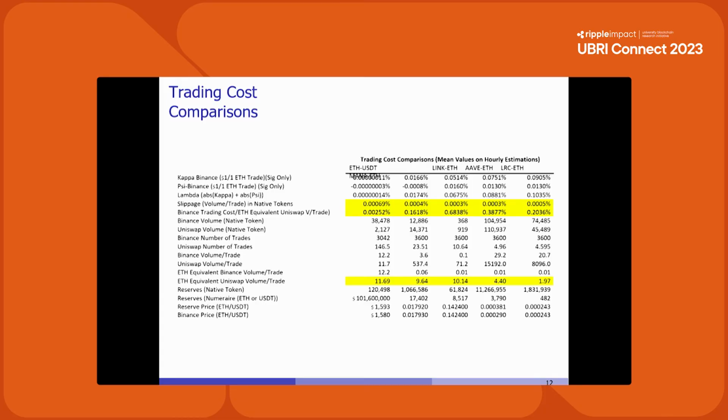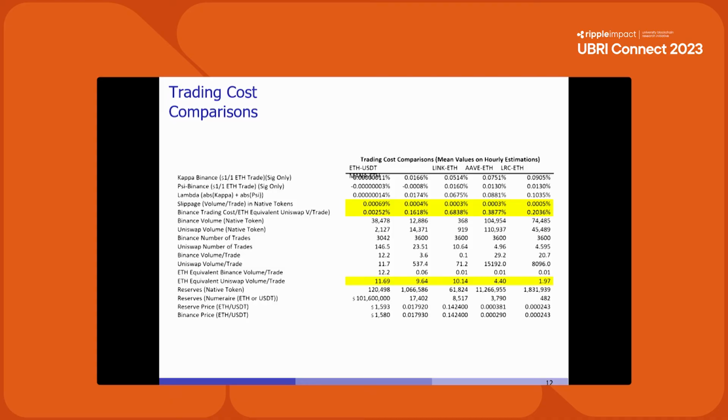So just scaling it up to 9.64, we are assuming linear here. That means that the Binance trading cost for 9.64 ETH trade is 0.18%. Okay. Now, if you add 0.3% of fees on top of this, then you're basically saying that